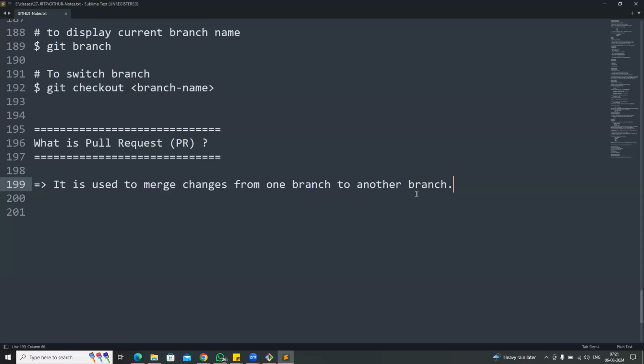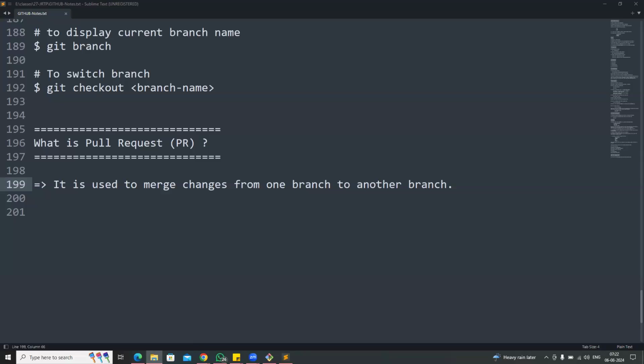So we have a main branch, then we created a develop branch. The latest development we have done is in the develop branch. From the develop branch, we want to merge the changes to the main branch. For that, we will go for a pull request. Next one. If you go to our project, guys, any project that we create in the Git repository,